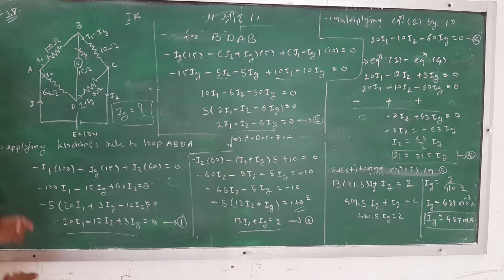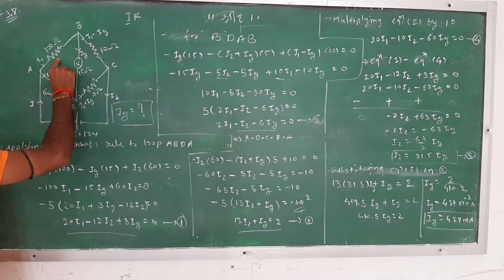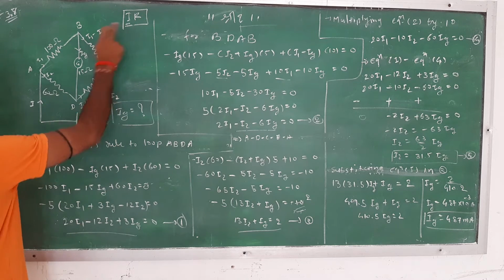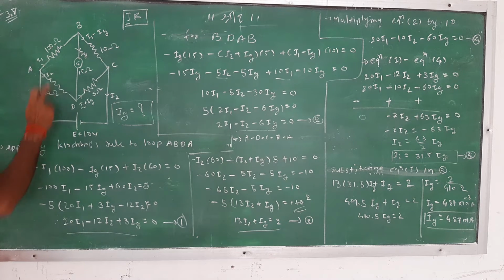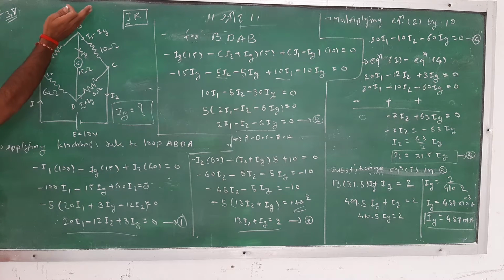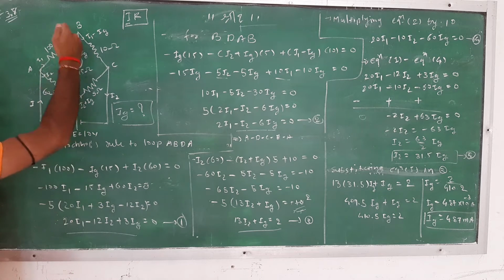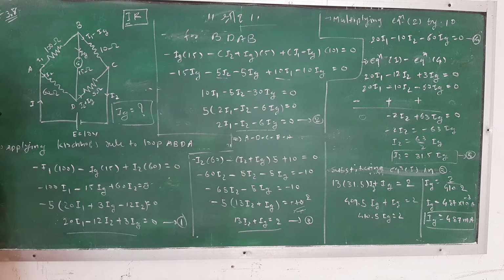So we apply Kirchhoff's second rule to the loop A, B, D, A. From A to B the resistance is 100 ohms, and according to Ohm's law, the potential difference is I1 times 100. Our motion is from A to B and the current also flows in this direction, so this is taken as negative. If the current direction is opposite to ours, then we have positive values.